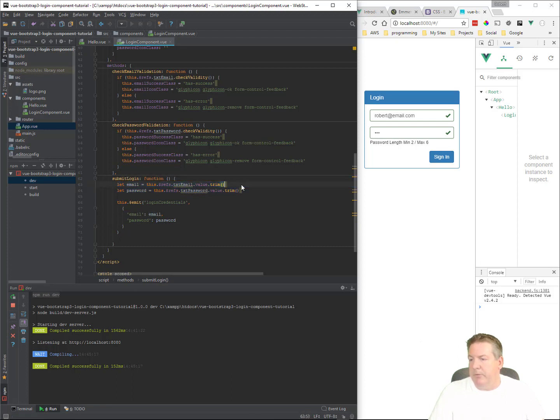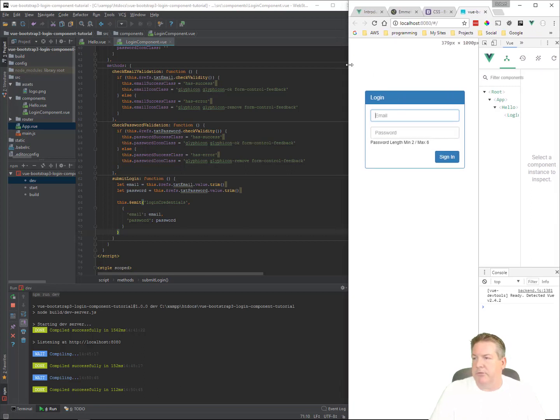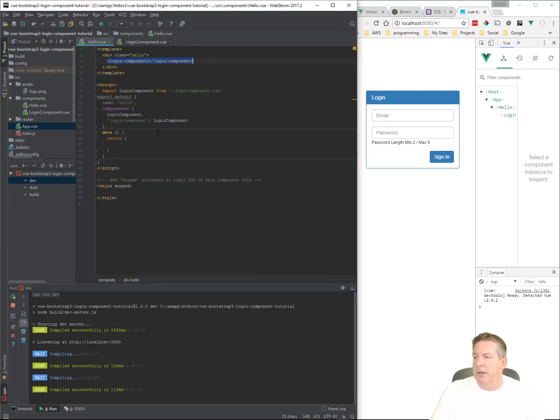So we're pulling them from the actual text boxes, and then trimming them, and then loading them directly into the payload of our emit. All right, so everything looks good. Of course, we can't sign in with anything else, so we've got that. And before I do this, let's go to our hello view, and let's put our first